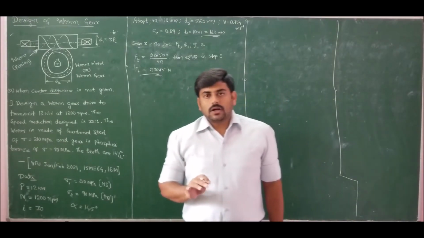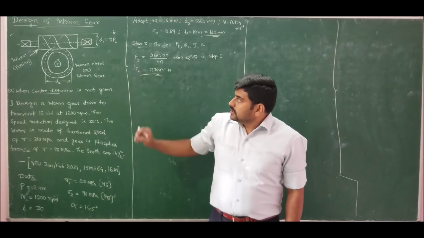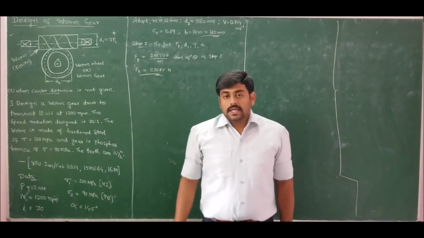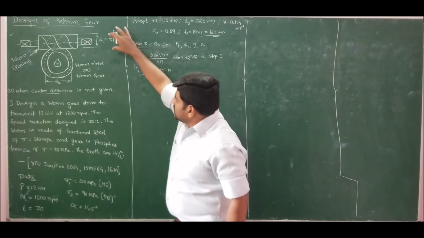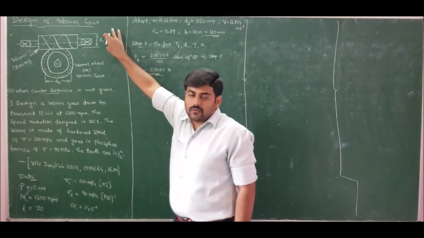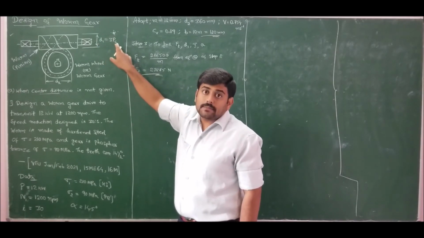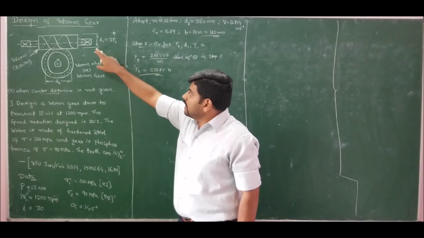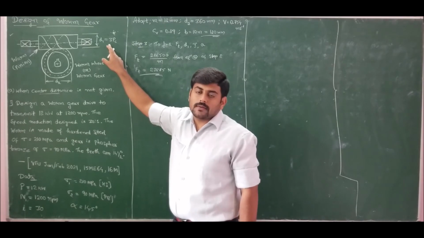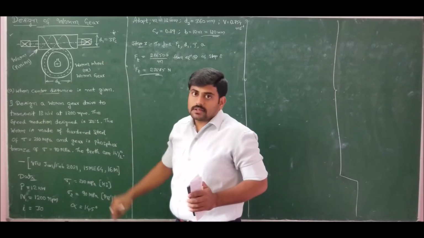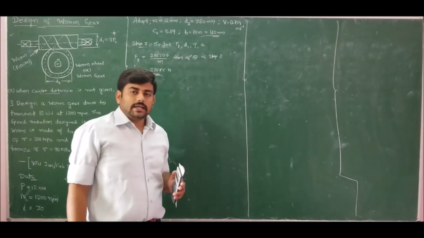Now coming to determining the diameter of the worm. It is not like what we had done for bevel gear, helical gear or spur gear. Here the speed reduction ratio I is not equal to d2 by d1. That is a problem. So you should know that the diameter of the pinion in worm gearing, that is the diameter of the worm, is approximately equal to 3 times the circular pitch. I'll repeat, the diameter of the worm is nearly equal to 3 times the circular pitch. Kindly make a note.